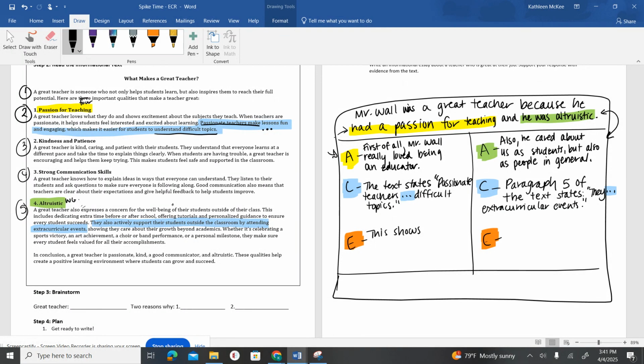And this part, some of you might just sit there and be like, I don't know what to write, and that's okay. We're going to try it out for 1 minute. Ready, set, go. This shows, so it makes lessons fun, which makes it easier for students to understand difficult topics. This shows